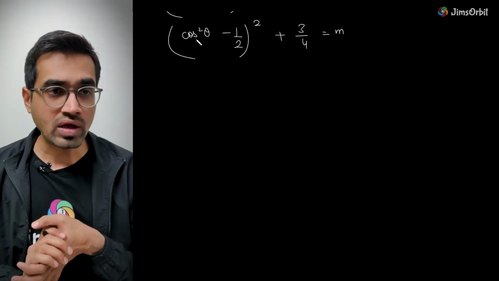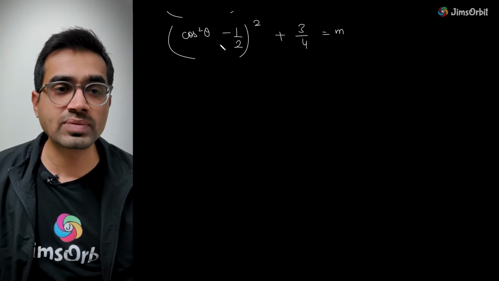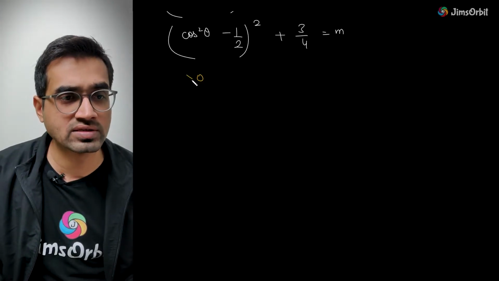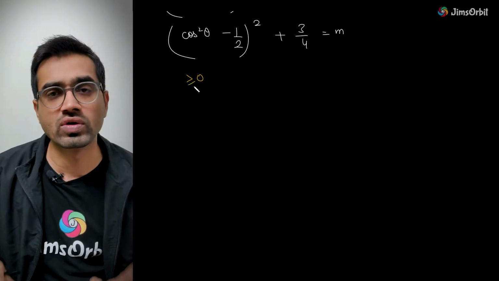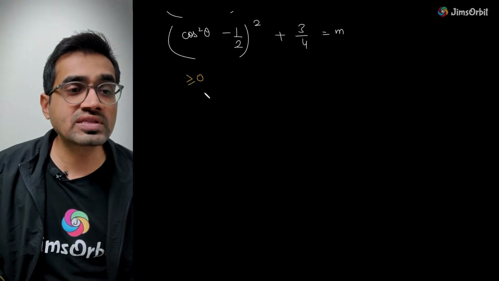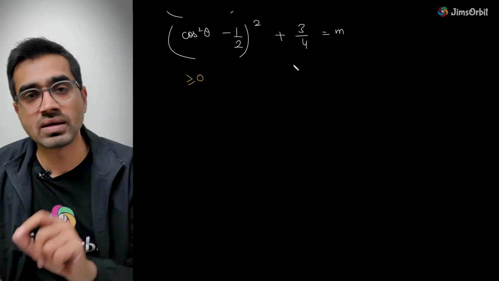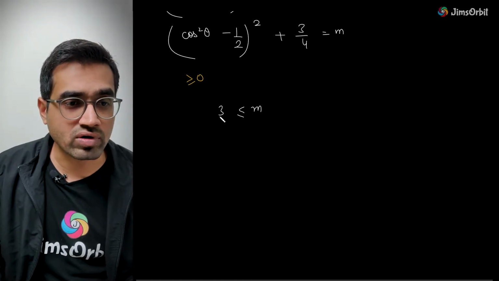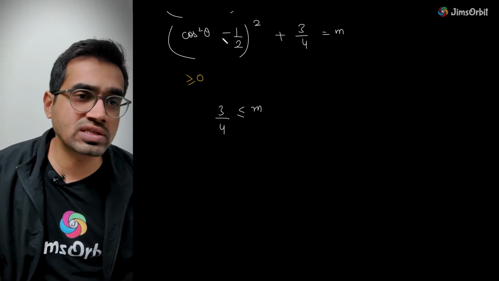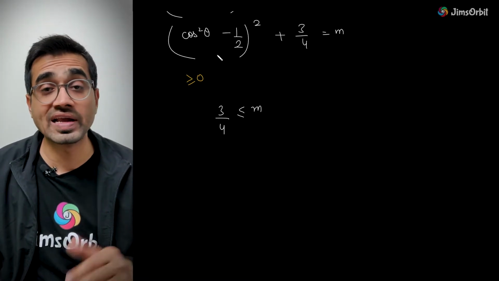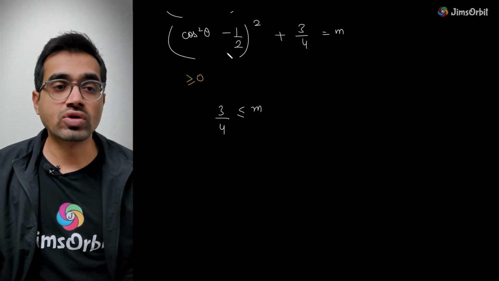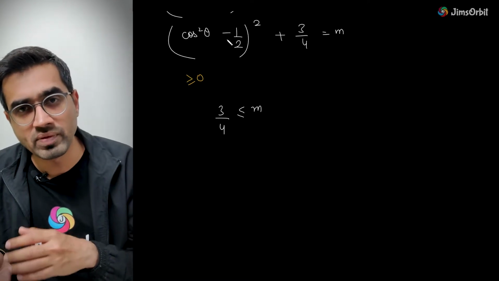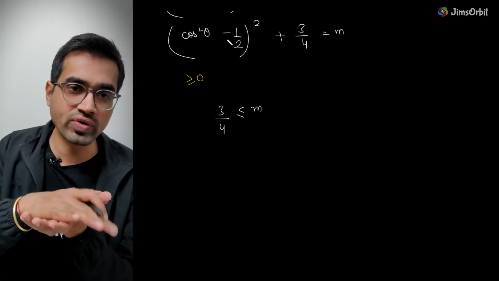Listen to me now. It says that this is a value which is a perfect square. So this will be greater than or equal to 0. It can never be negative. This means the least value it will take is 0, and you're adding something to 3 by 4. So the minimum value for m will be 3 by 4, because 0 is the smallest value you are adding. You cannot add less than 0 because this is always positive. Whenever you put something here, it will become a power 2, it will become positive, and added to 3 by 4, it will be higher than 3 by 4. So the least value you get is 3 by 4.